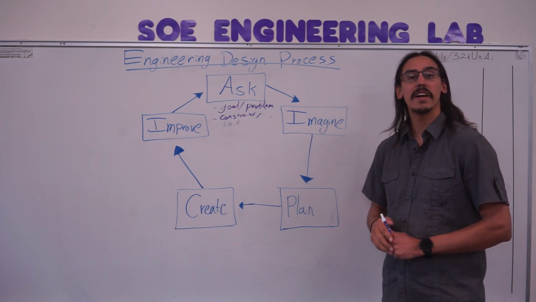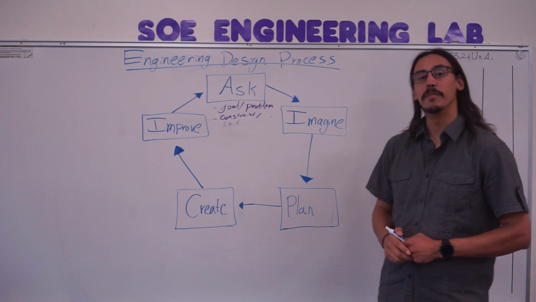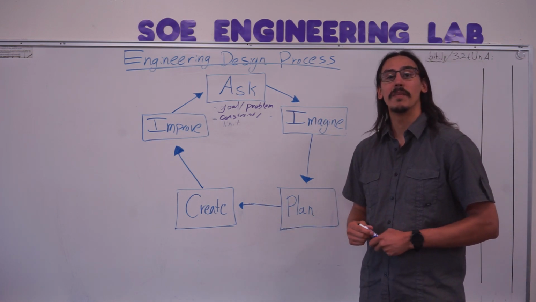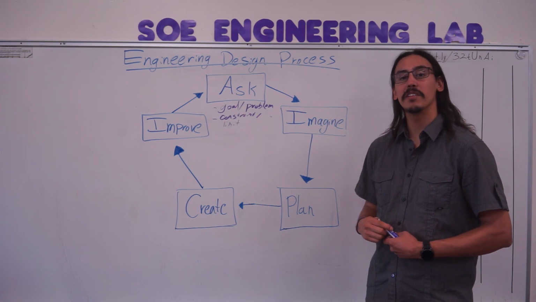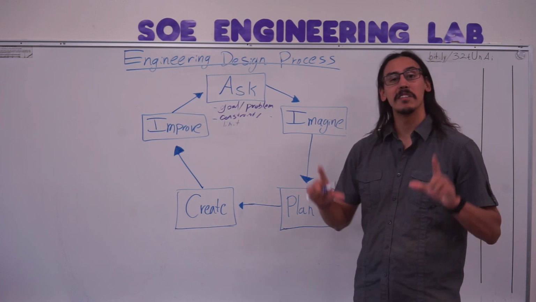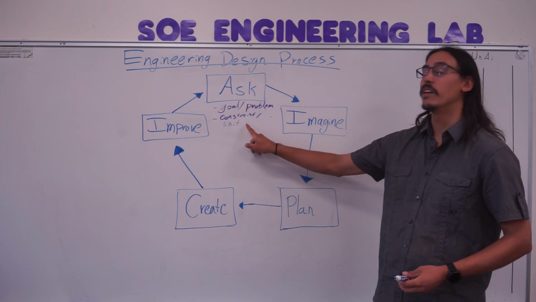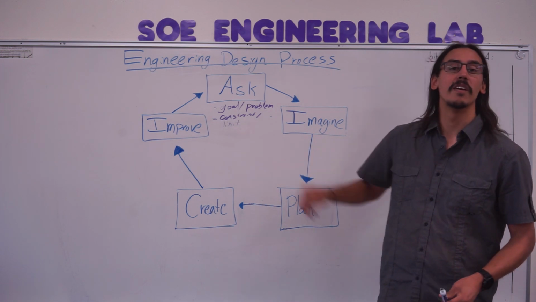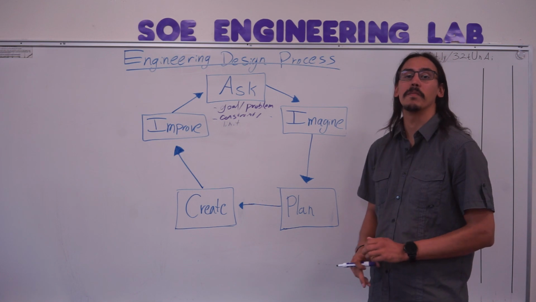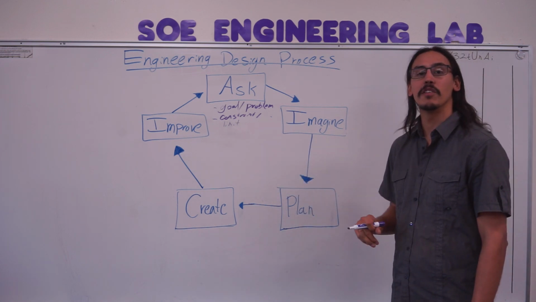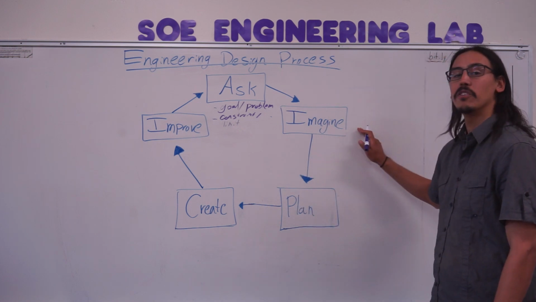There's going to be some kind of limit, whether that's with the materials that you can use or the amount that you can use, how heavy or how light something needs to be. Sometimes it needs to fit inside a particular box. There's always going to be some kind of a limit on how you can solve a problem. Now, once you have asked those questions and you know what you're trying to do, then we move on to